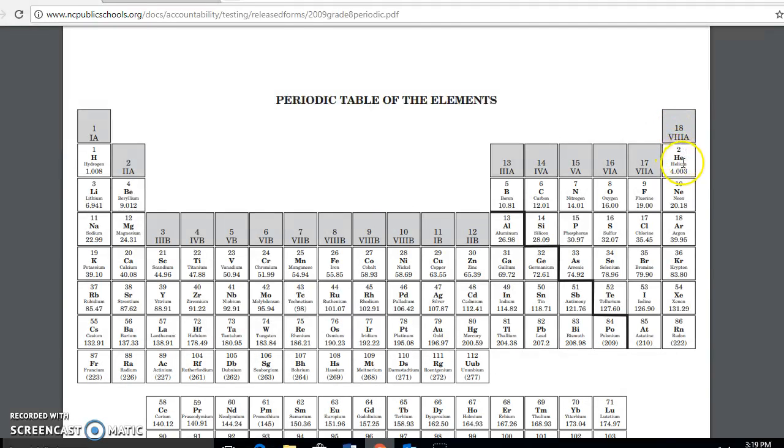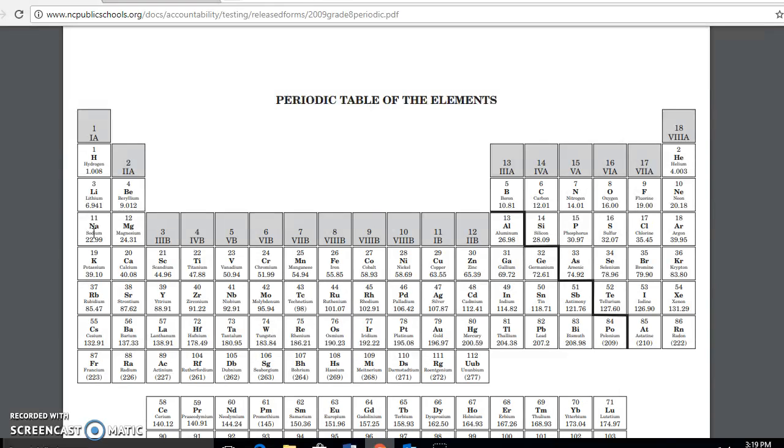Here in group 18, each of these elements is located in group 18 because they are the least reactive. They have completely filled valence shells. That means that each of their atomic structures, the shells are completely filled and they're not allowed to react with anybody else. So you might see a question on the EOG that says, which